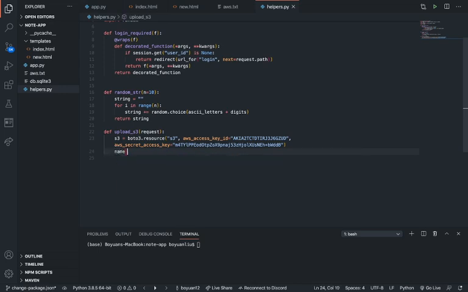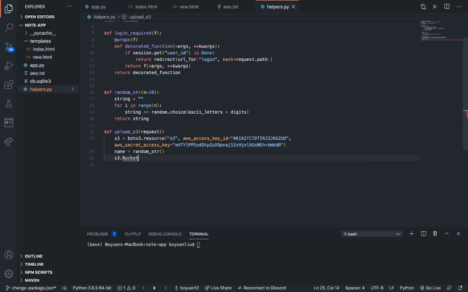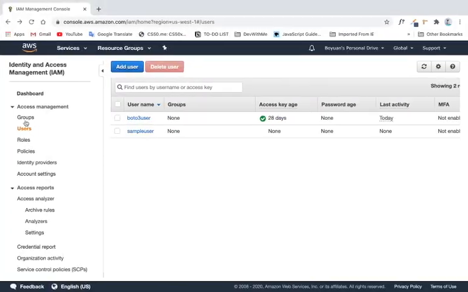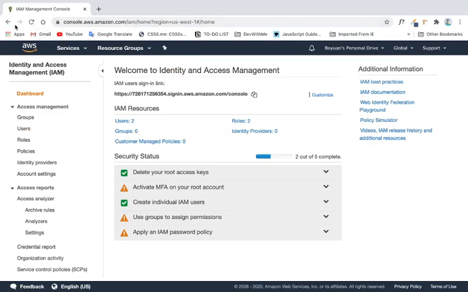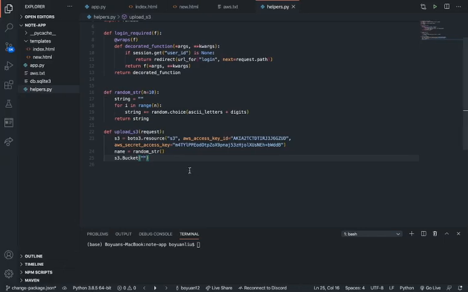All right. The reason I need to create this random string helper function is because I'm going to reference it later in this upload s3 function. Notice that we actually need to create some distinct file name, and we're just going to generate a random string of length 10. And in here you can just say something like s3.bucket. Recall the s3 is what we created up here, and then here just gonna say .Bucket. So which bucket are we using? If you forgot already, just like me, we could go back to the console, which is here, and the name is sample flask note app for my bucket. And then here we're just gonna say .put, I'm gonna put something, put_object actually. So you're gonna put something into this s3 bucket, and then Key equals name,